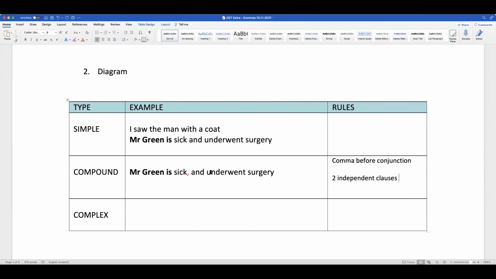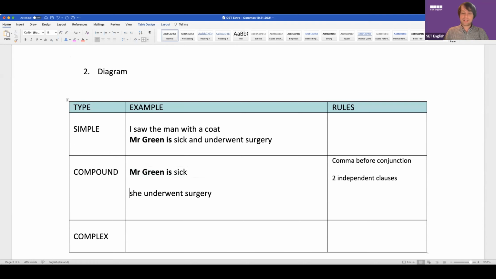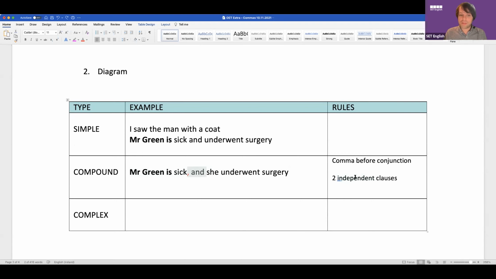Yeah, you can separate them, right? So if I say she underwent surgery, both these clauses are independent. That means I can say them separately. Do they make sense? Yes. They make sense independently from each other. So that's the idea with a compound sentence. But a complex sentence, this is the interesting part, has one independent clause and one, what's the